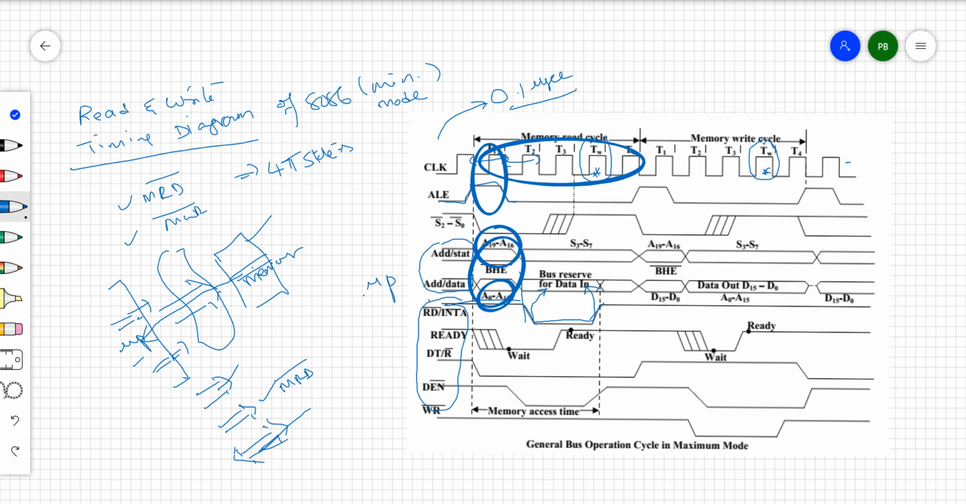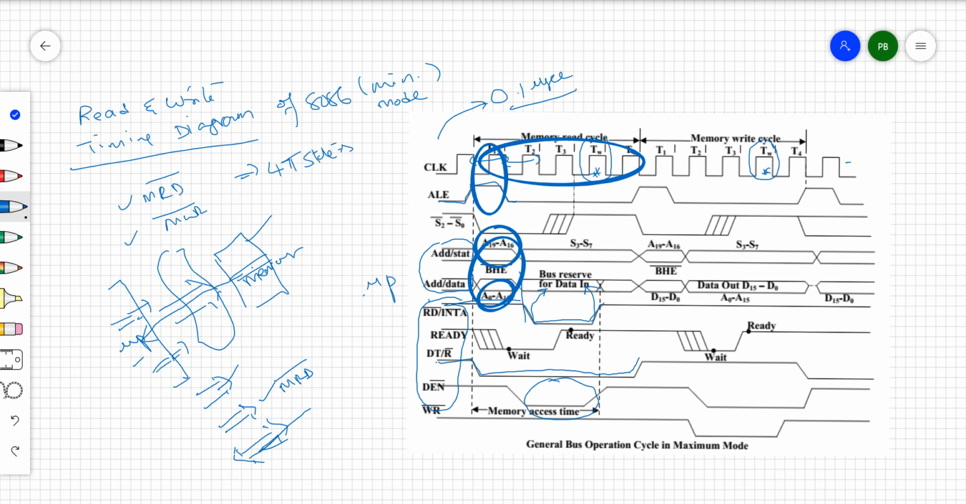Once it is selected, that is the reason it is low here. By that time, data is enabled on the data bus, and it is transmitting or receiving. It's receiving, that is the reason it is low only. So this is the ready signal, it is just a wait signal. So after the T4 state,